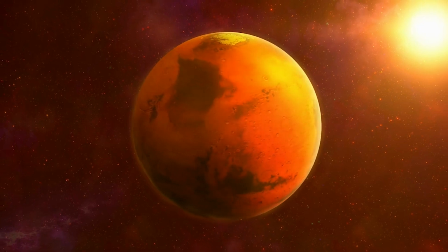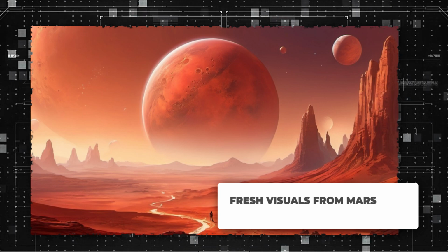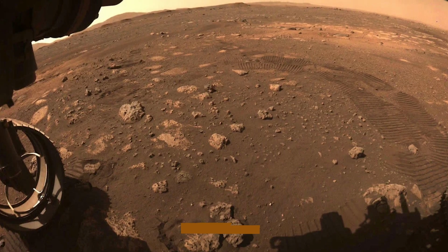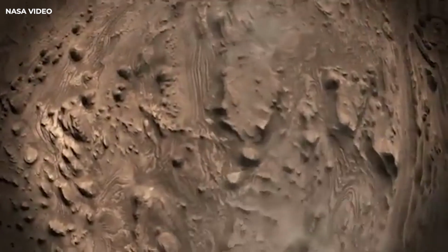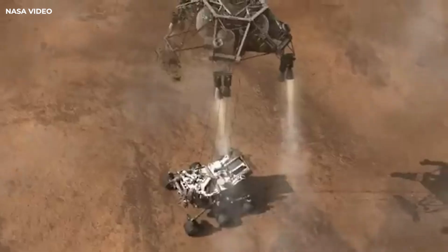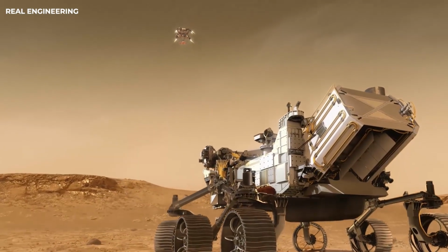Speaking of ambitious goals, we also have fresh visuals from the Red Planet. The Octavia E. Butler landing photo, taken in February 2021, was taken shortly after the Perseverance rover touched down on Mars, specifically during the landing sequence. The smoke plume from the descent stage is visible, marking the rover's safe arrival. It shows the powerful clouds of dust and debris stirred up by the rover's descent, indicating the intensity of the